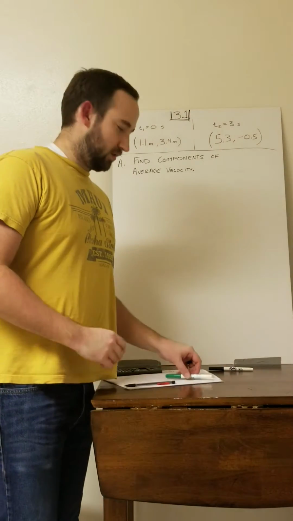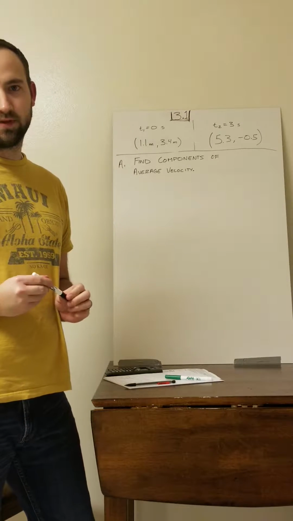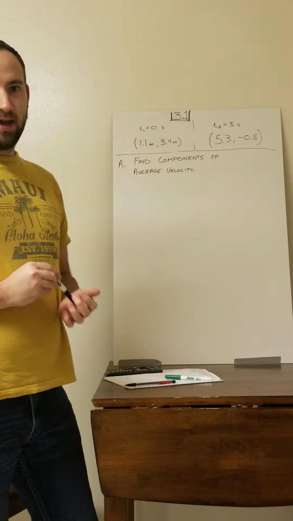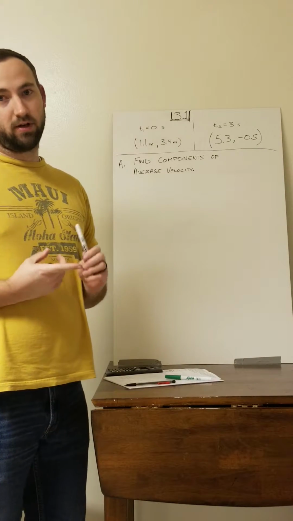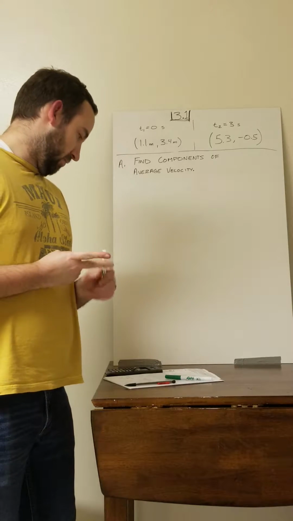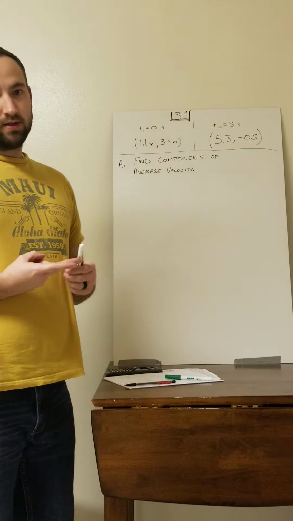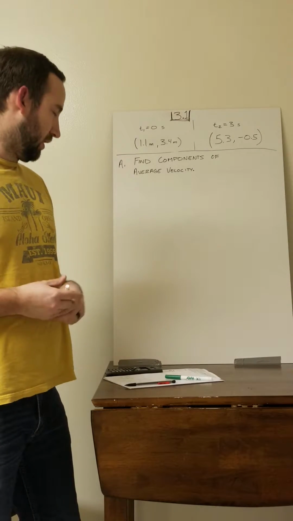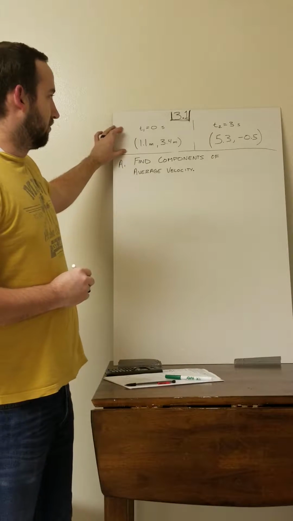Hi everybody. Today I'm going to be doing question 3.1 from the bingo homework. And this question is really asking two different things. Part A is to find the components of the velocity, and then part B is finding the magnitude and the direction. So we'll start in part A, and what we're given are two different plots at two